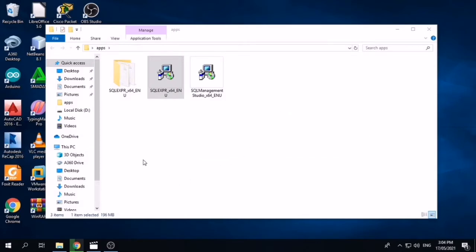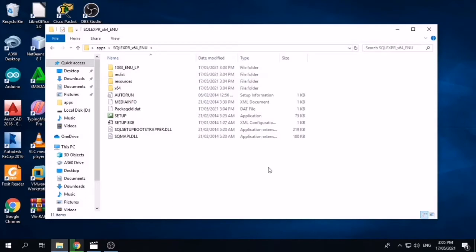So once it is completed, go in this folder, SQL Express 64-bit,